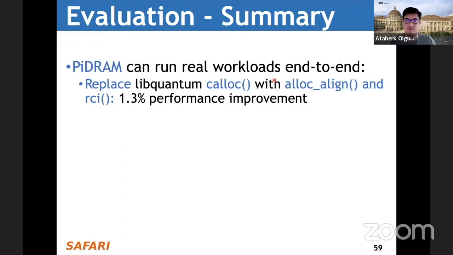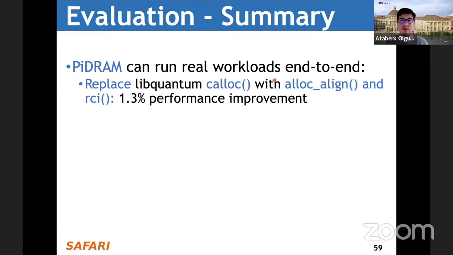After doing this, we saw that we can improve the performance of libquantum by 1.3%. The reason for this small improvement is essentially there are not many of these replacements that we can do. And the data that we bulk initialize is small compared to the whole execution of the program.